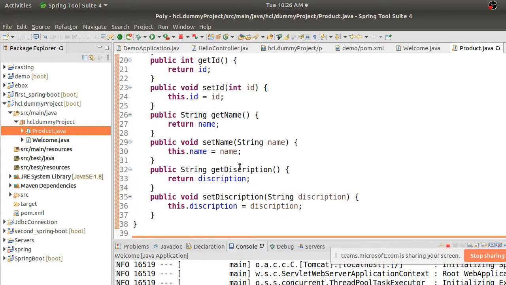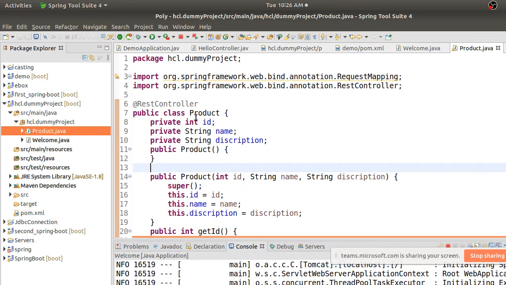So I just created a POJO here with some properties added to it.